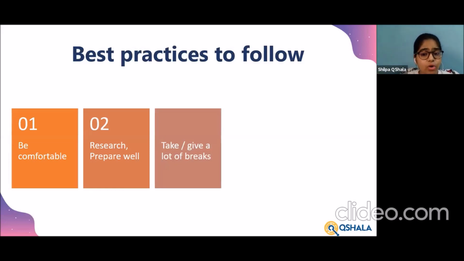Take and give a lot of breaks. This is again something that's very important, because kids who love to stay in front of the screen playing video games, browsing on the net for very long periods of time, coming back and telling us we don't get enough breaks or that is too much screen time for us, it is a red flag for us, which means that our body needs some physical movement every once in a while.